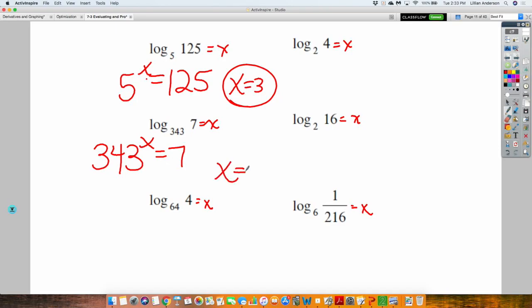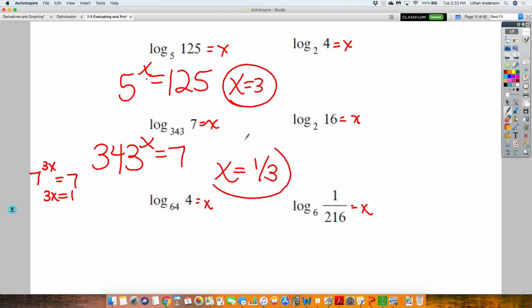X equals 3. Nah, not 3. Not 3. How could I rewrite 343 to the same base as 7? 7 to the third power. So then this changes to 7 to the 3x equals 7 cubed. My bases are equal, so that's 3x equals 3. So x is going to be 1/3,